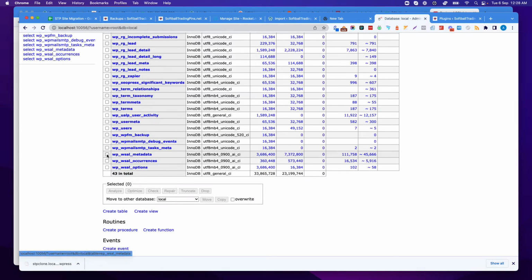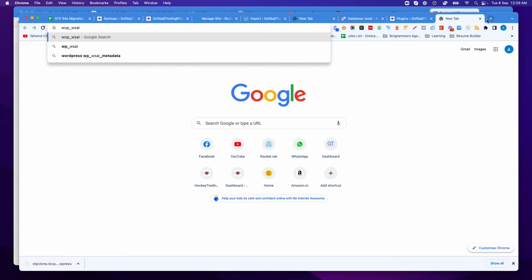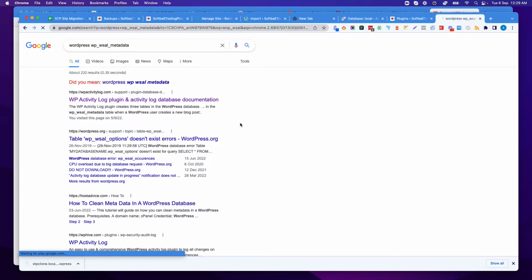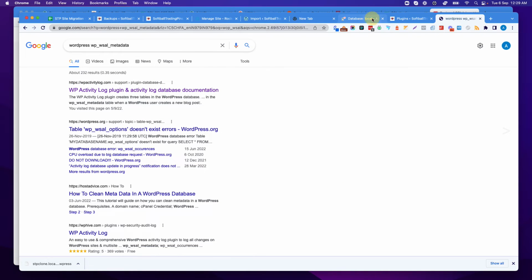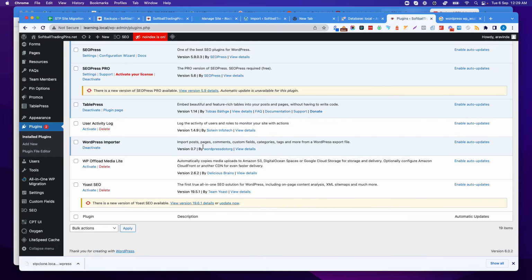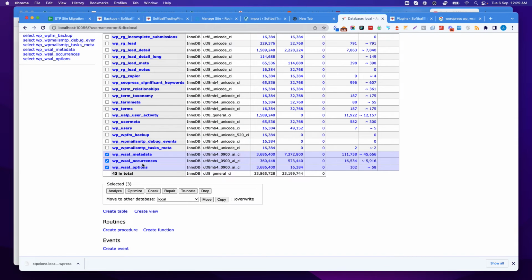Next, there are these 3 tables, WP underscore WSAL. I think these are from a user activity login plugin. So let's do a quick search, WP underscore WSAL, and this is from the WP Activity Log plugin. And because we are not using this activity log plugin, this is another activity log plugin, something different, but we do not have this plugin installed currently. So we can safely remove these